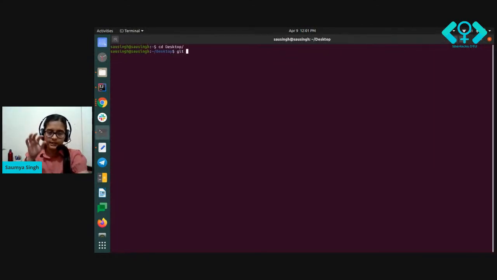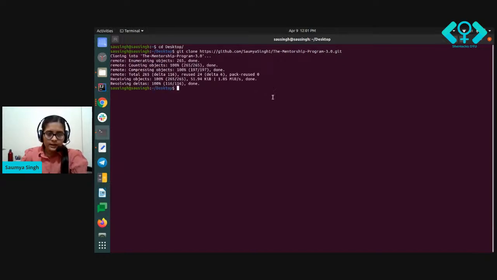You simply have to write git clone and paste the URL which you just copied. All right, now after cloning this repository, you have to move to that project. For that, I will write cd the mentorship program 3.0. Now you are here in